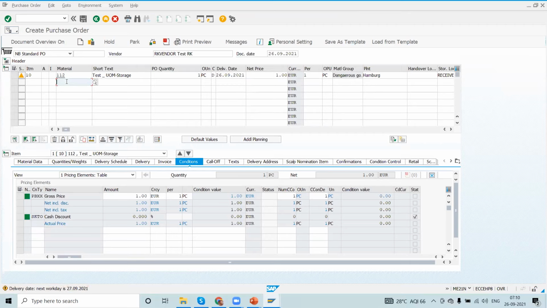Now I'm going to create one more line item, 112 material. I'm going to mention 100 pieces here, for the price of 1 pallet. Now 112 material, the base unit is 1000 pieces. I'm ordering. It can be 1 curtain.